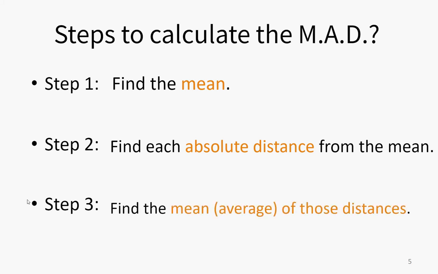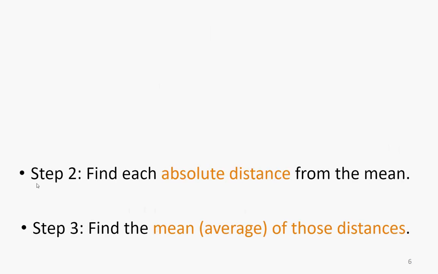We're going to do step 3. We're going to average those distances. So you're going to have to be performing 2 averages: the average of the original numbers, and then the average of the distances. So these are the 3 steps. So let's go ahead and jump into